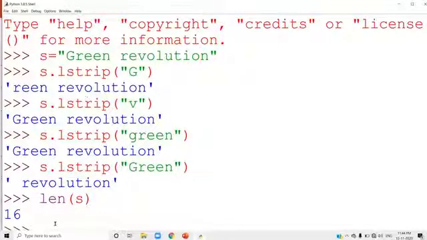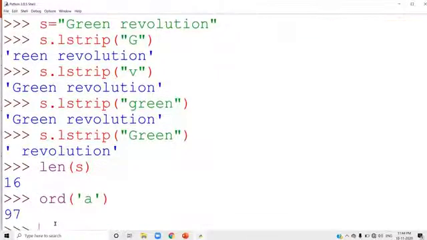Now the next function is this one, ORD. ORD of, I am going to write A. See that you got the answer 97. ORD means ordinal value, or ASCII value. I just used this term in the previous videos.